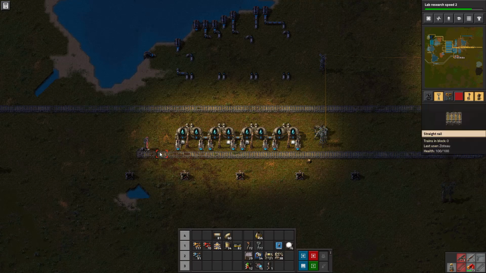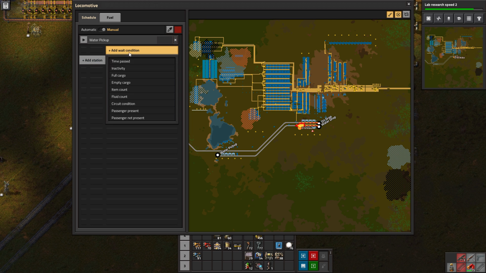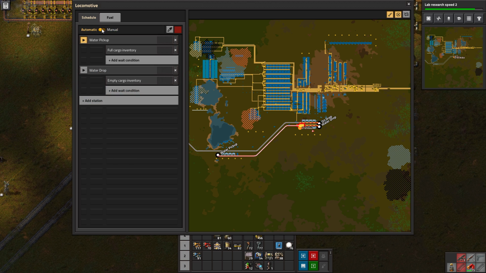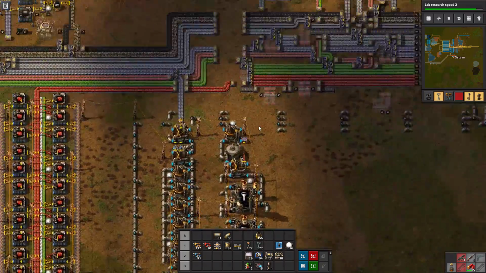Okay, we should be ready to set up the water now. Water pickup right down there. Same kind of deal. Add station, water pickup, and we want full cargo. Add station, water drop. And empty cargo, and you're off and running. Hooray. Okay, so that is what we need for the red or